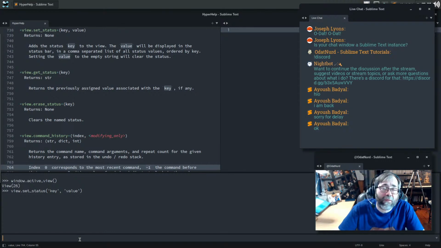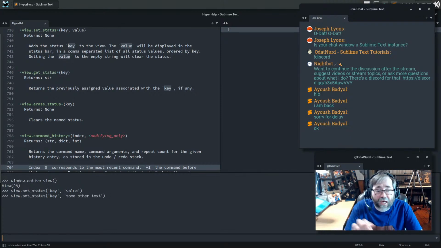So best practice is to use some sort of namespace on this, put some sort of prefix on it that represents your package or your name or something that someone else isn't going to pick, to make sure that they don't collide. If they do, it's not the worst thing in the world, but there'll be a little bit of an overlap. Now, every time you call this, you can change the value. So it can say some other text like this, and we can see the text changes from value to some other text. So every time you use the same key, you're altering what appears in there.